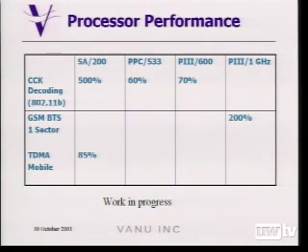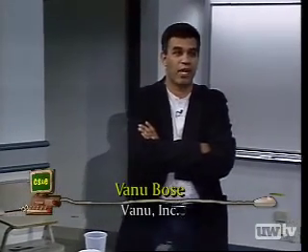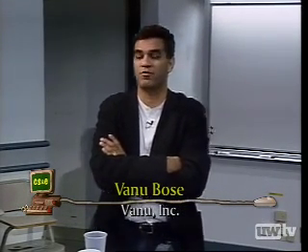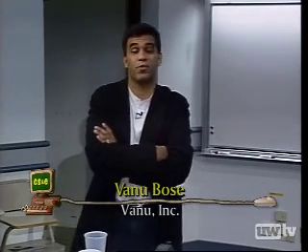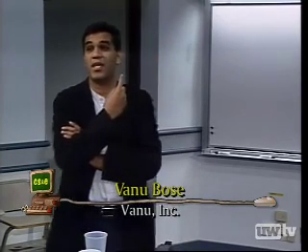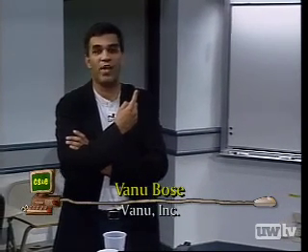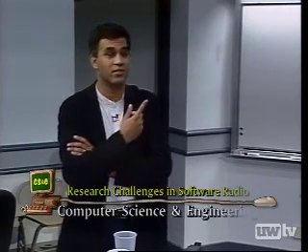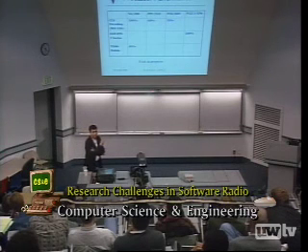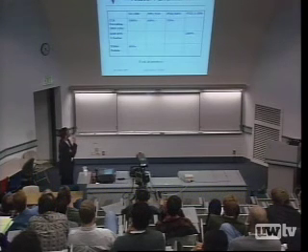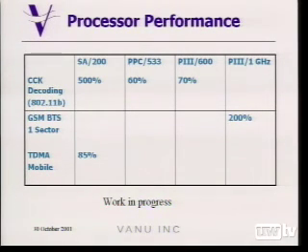CCK decoding is the despreading and demodulation step in 802.11. This is one of the areas where we've made a tremendous algorithmic improvement in the last 3 months. We got 2 orders of magnitude speed up in the decoding process, which is critical, because that's an 11 megabit per second system. Without that algorithmic improvement, there was no way we were looking at running it in real time for the next 3 years. Now, on a StrongARM 200, we're a long way away from doing the 11 megabit 802.11 system. But as you see, on the PowerPC 533 it's 60%, and on the Pentium 3, it's 70.